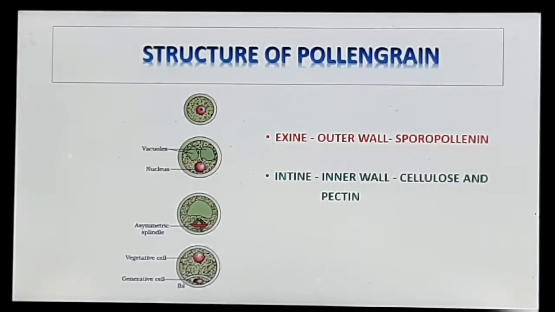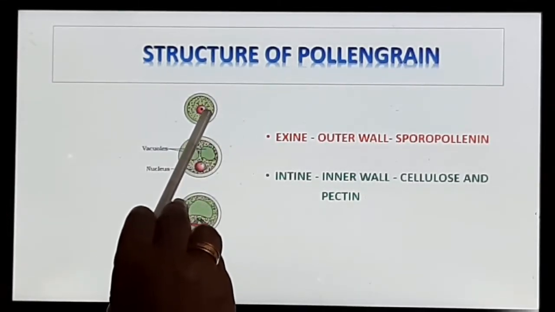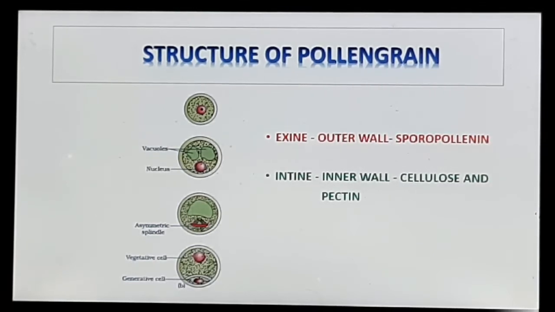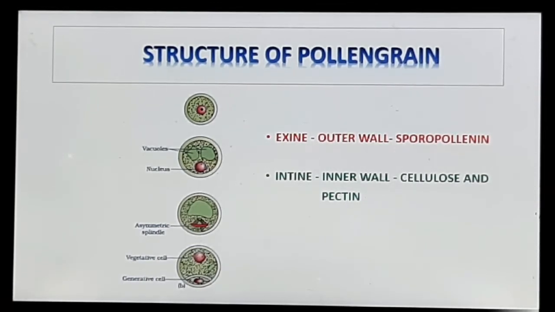They possess 2 prominent layers, outer exine and inner intine. The exine is a hard layer made of sporopollenin, which is one of the most resistant organic materials present in nature. Pollen grains are well preserved as fossils because of the presence of sporopollenin. At certain places, the sporopollenin is absent in the exine. That region is called germ pore. The inner thin layer is intine, which is made of cellulose and pectin.